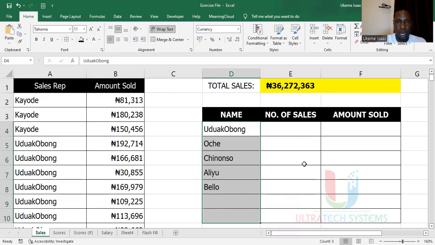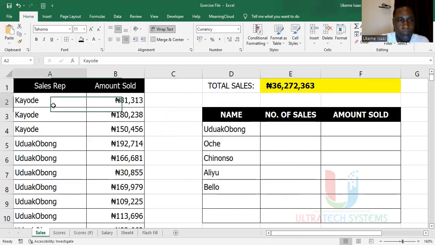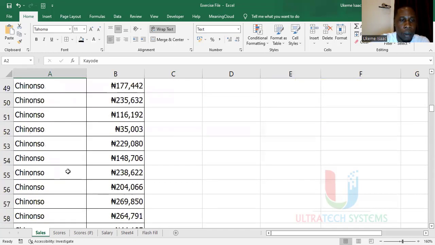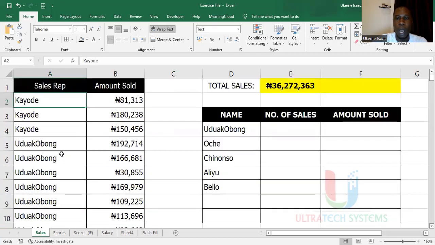reps. The next question they're asking me is how many sales a particular rep made. Because I wouldn't start counting manually and say, okay, Kayode made how many sales? Urabo made how many sales? Oche made how many sales, Chinonso? So I have to look for a way to solve this problem now. And the only way I can do this is